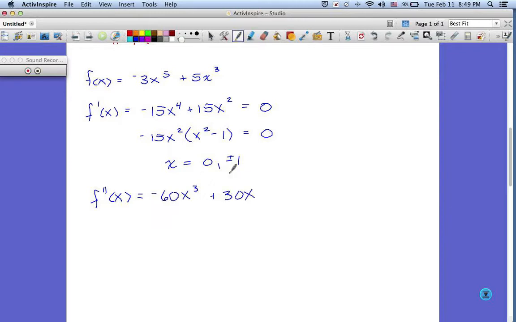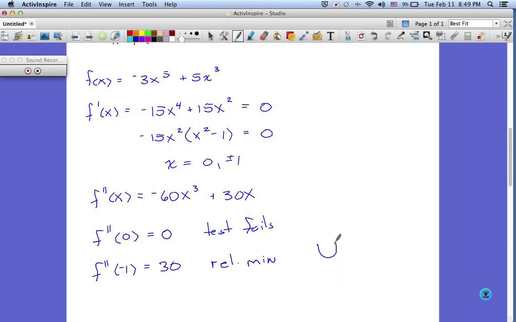I have three c values to test. f double prime of, we'll take the easy one, of 0 equals 0. The test fails. That tells us nothing. f double prime of negative 1. Well, if I plug a negative 1 in to here, I'm going to get a negative and a negative. So that's 60 and negative 30. So I'm looking at positive. f double prime of negative 1 is a positive 30, which implies I have a relative min